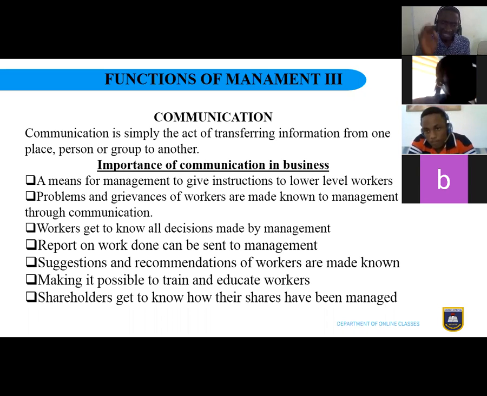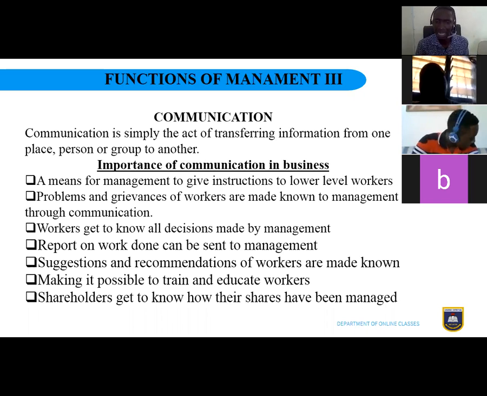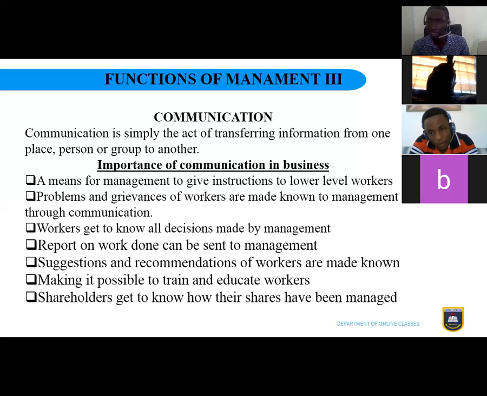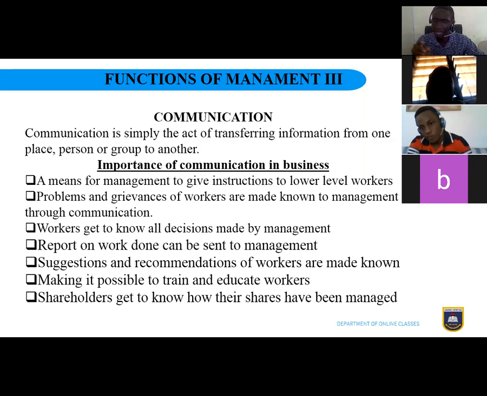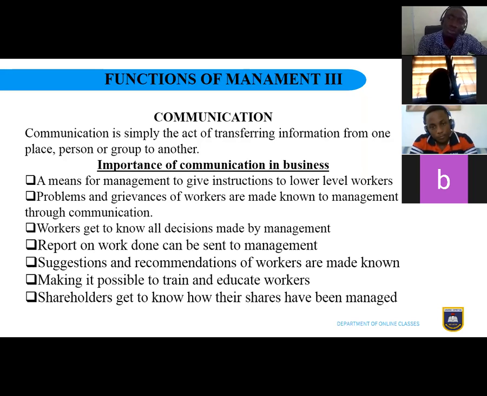Next one, suggestions and recommendations of workers are made known. Anytime a worker has a suggestion or has a recommendation, that can only be made known to management through communication. So for example, if I want to suggest to the administrator that we should increase our school fees, how do I get it to the people on top? The only means through which I can get this particular information to the boss is through what? Communication. And so if a worker has any suggestion, any opinion, any view, any idea, that can be made known to management through